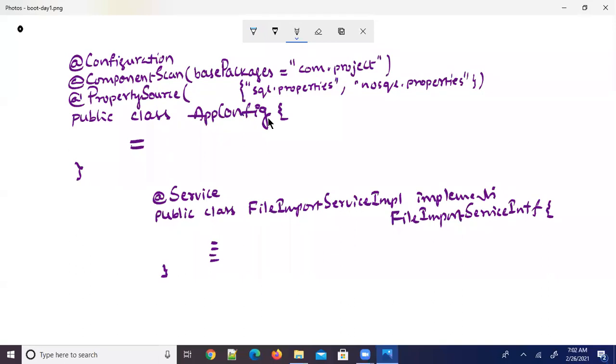Okay. Now this is one stereotype annotation, right? When I write the @Service annotation, it is including what? I repeat, when I write the @Service annotation, it is indicating that this is a component because the @Service annotation is derived from the @Component annotation only.